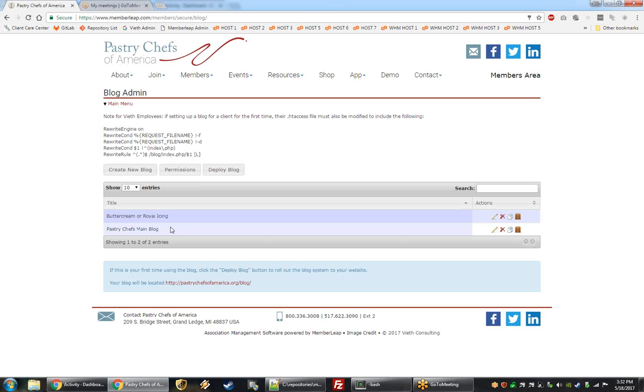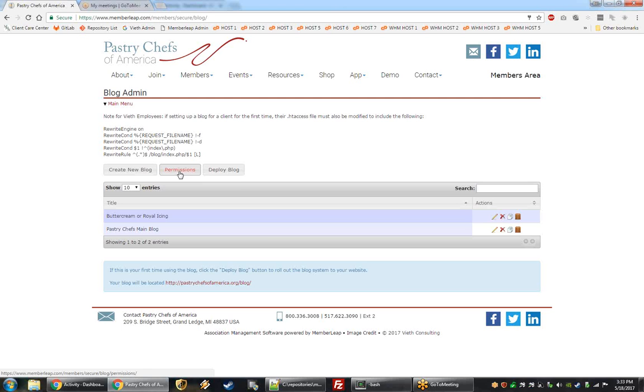So anyway, you'll see from this page that we've already got a couple of different blogs set up. There's no limit to the amount of blogs that you can set up, and you can have as many posts within each blog as you want, so you can really separate these out. You can also give different permissions. We'll see that right on this button. You can give different permissions on who is allowed to post to what blog and what permissions they do have. So if people can create new blogs or if they can just create posts on specific blogs, you can set those up here. We also have specific permissions within each blog where you can decide who is allowed to post